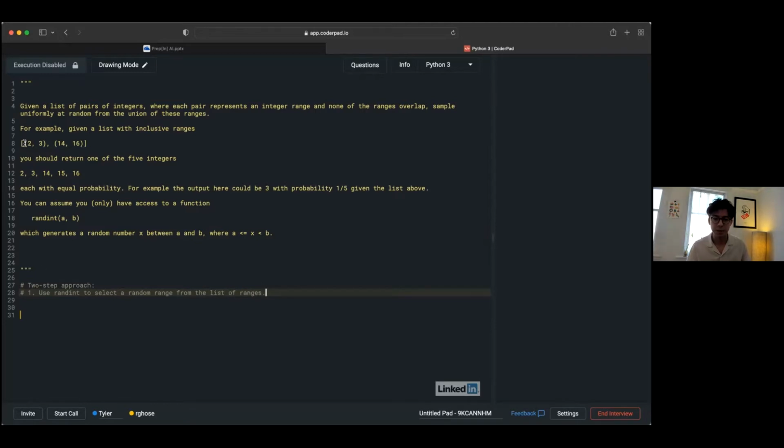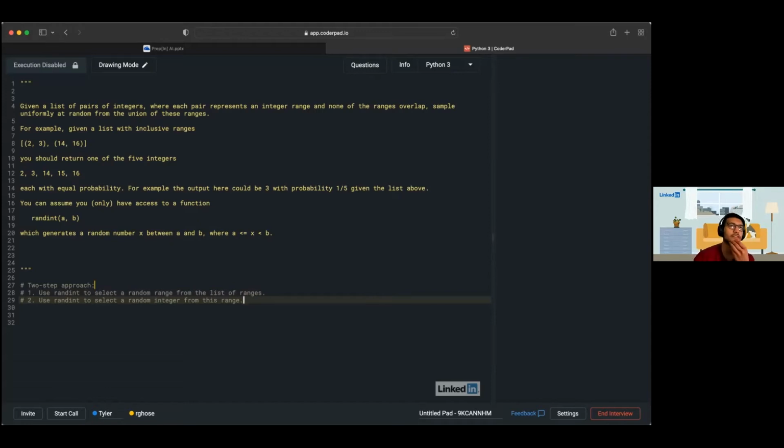So in this example, I would select either the range 2, 3 or 14, 16. And then once I've pinned down a particular range, I use randint a second time to select a random integer from this range that I chose in the first step of my process. So what do you think about that as a high-level description of a possible solution here?